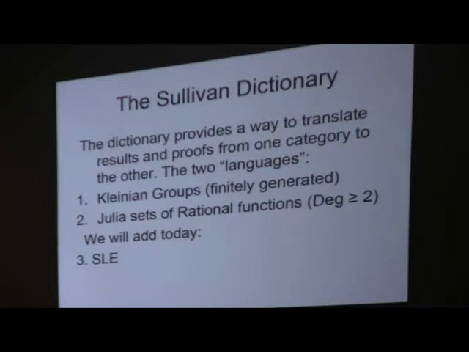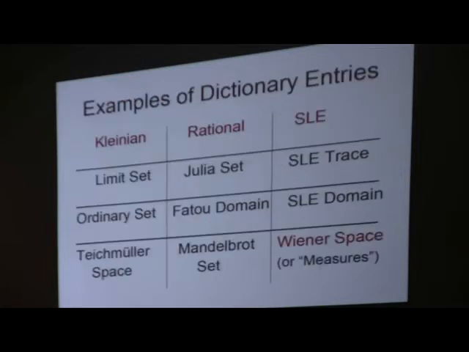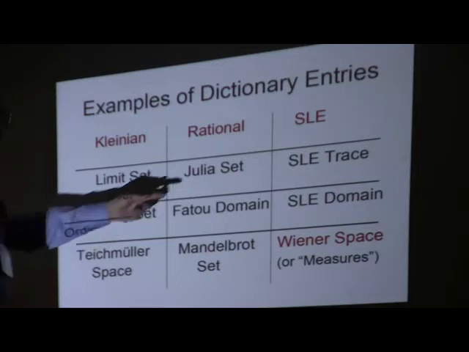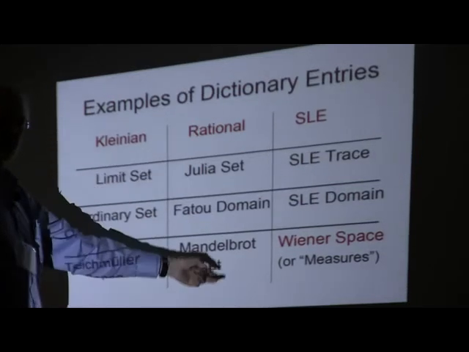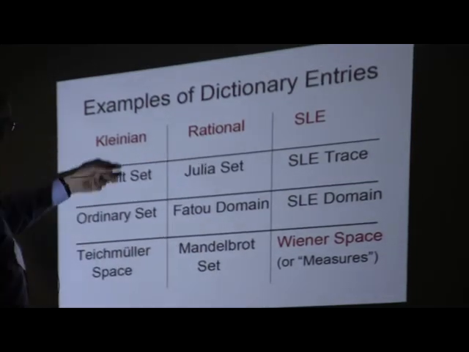So imagine that you actually had a good lecturer like last night, right, showing you beautiful pictures. So I'm going to show you some beautiful pictures, and they come from something called a dictionary. So a dictionary is something that relates two different fields where you can translate theorems, concepts, and proofs. Okay? Can you do it all the time? No, but mostly. It's like a Rosetta Stone where you can go across. And so if any of you have seen beautiful Julia sets or something, one of the worlds is going to be Julia sets. The other one is